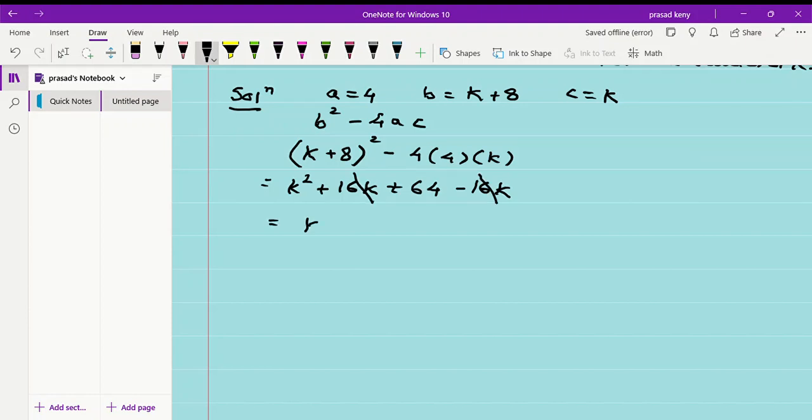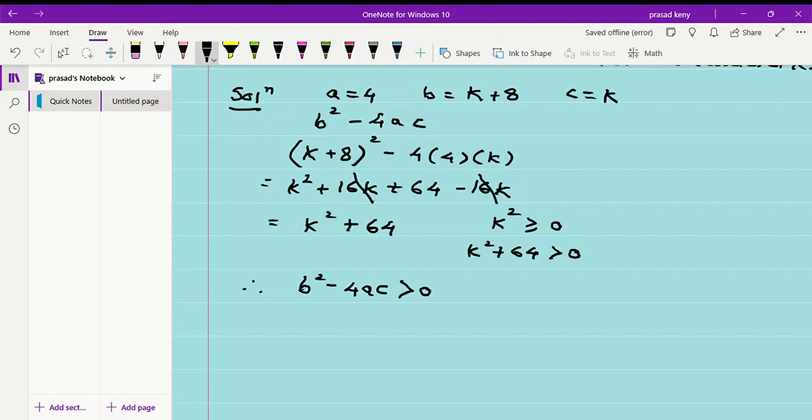So k square plus 64. Now k is a real number, so k square can be greater than or equal to 0. So if I add 64 to a quantity which is greater than or equal to 0, I will get a number which is always greater than 0. And hence the discriminant b square minus 4ac for this quadratic equation is always greater than 0,